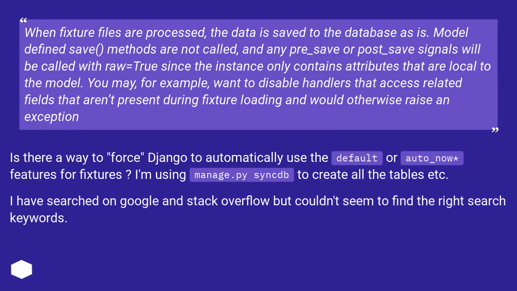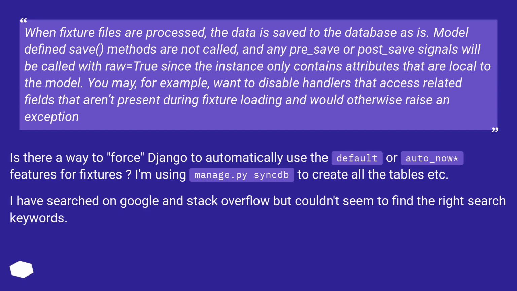When fixture files are processed, the data is saved to the database as is. Model-defined save methods are not called, and any pre_save or post_save signals will be called with raw equals true since the instance only contains attributes that are local to the model. You may, for example, want to disable handlers that access related fields that aren't present during fixture loading and would